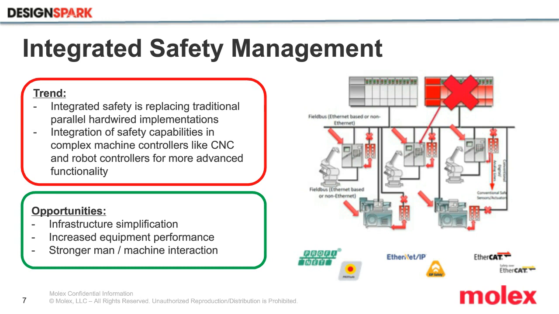The traditional protocols like Profinet, Ethernet IP, and EtherCAT all have their safety profiles allowing this transition. Complex machines like CNC and robot controllers are integrating and expanding this safety management to improve their capabilities,